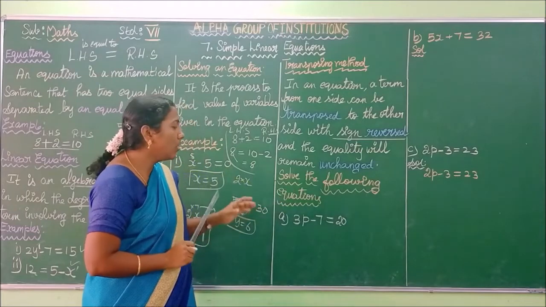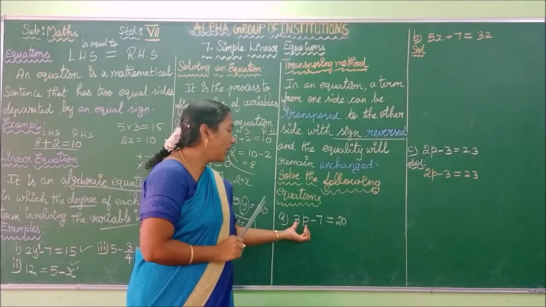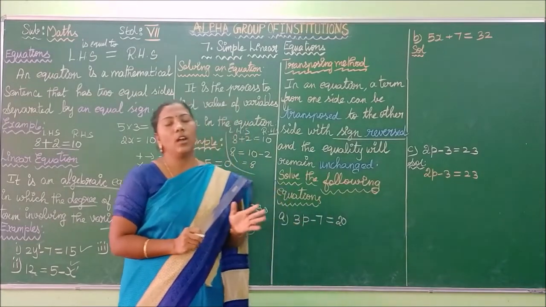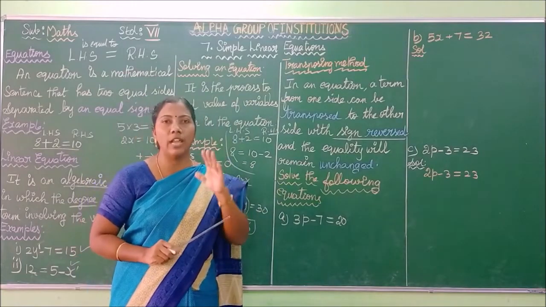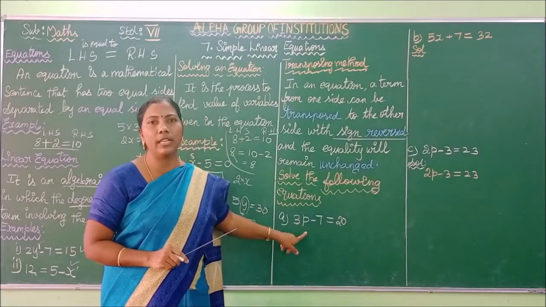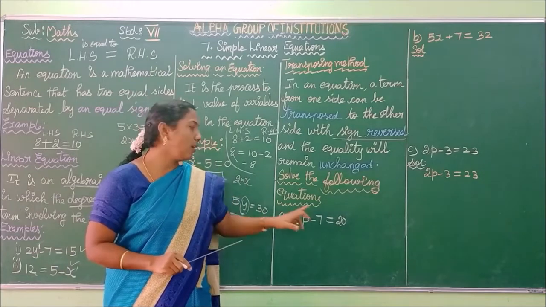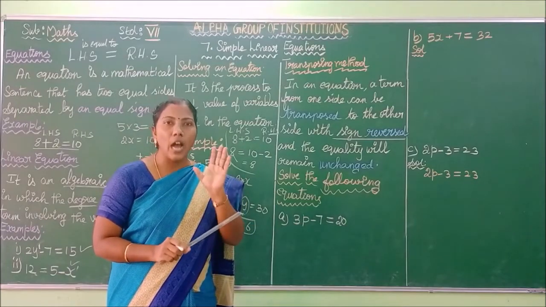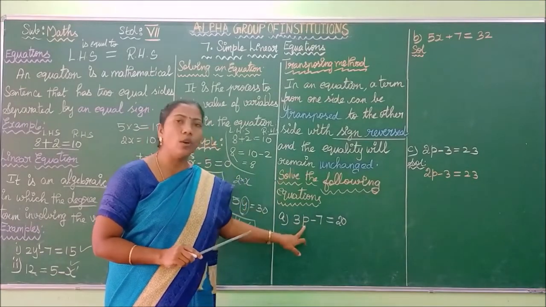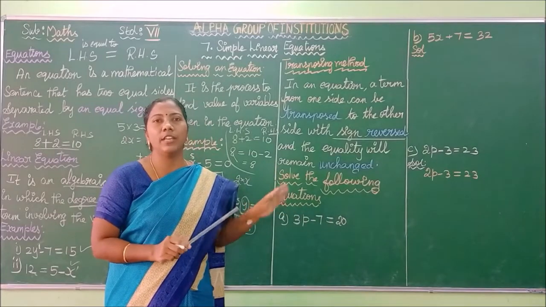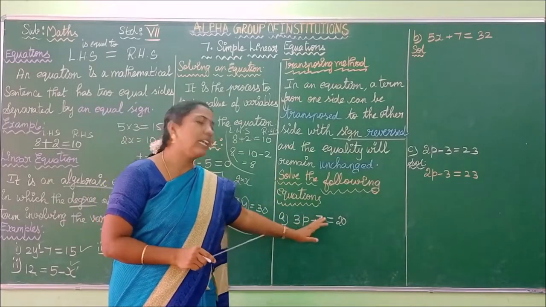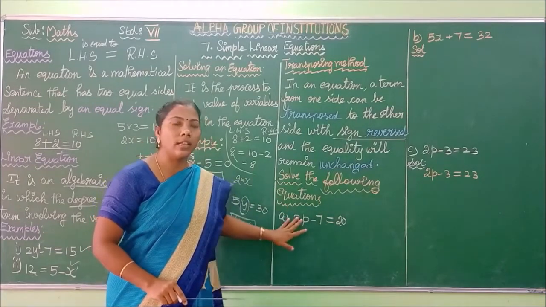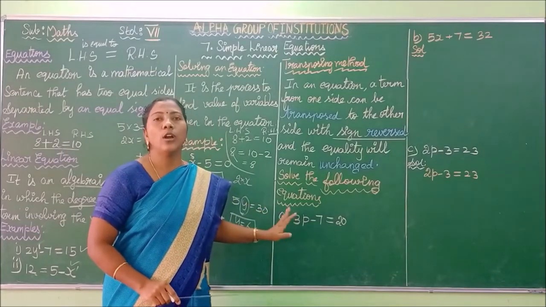So listen carefully. First we are solving this equation. Read the equation: 3p minus 7 equal to 40. Keep this thing always in your mind, children. To find the value of the variable, which is the variable here? p. Now we are going to find the value of p. To find the value of p, you must make the p alone. Do you understand, children? To find the value of any variable, you must make that variable free. Free means you have to send all the terms along with that variable. Along with that variable, what are the terms? The 7 and 3. So you have to remove those terms.